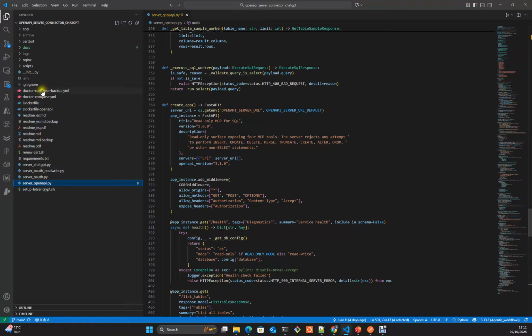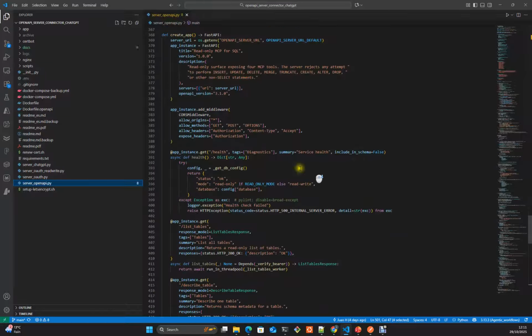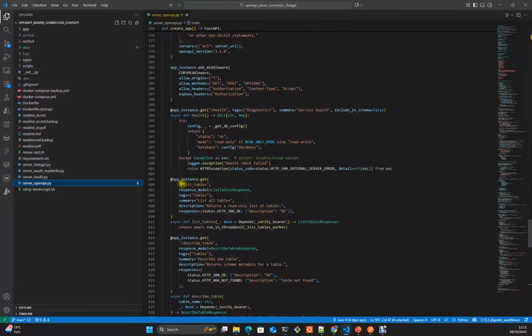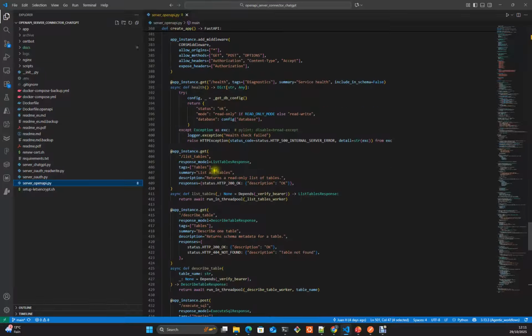We had implemented in the configuration that it is only possible to receive connections from the ChatGPT domain. Here we define the entry point health. Here we define list table. This is our tools, and here we are returning the list table response.